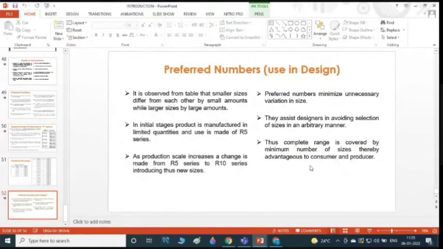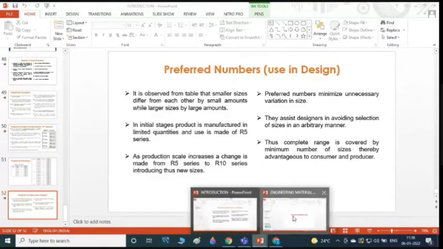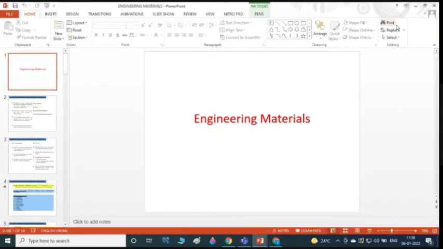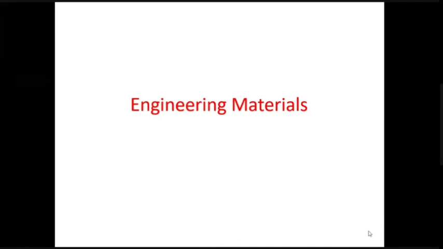Now just message me, have you understood this concept of preferred numbers? Yes or no? Have you understood the concept of preferred numbers? Yes? Message me. Again, flexibility is dealing with product design variations. Flexibility is that the product design is supposed to be like that. Now, do you understand? Anybody? Please message about the concept of aesthetics, preferred numbers, all the concepts.